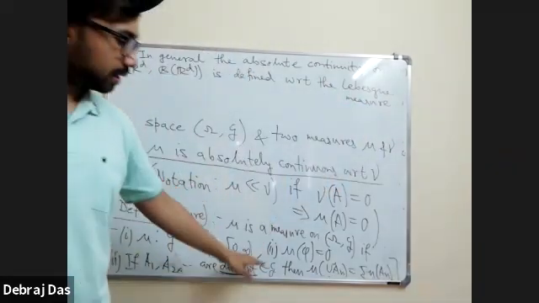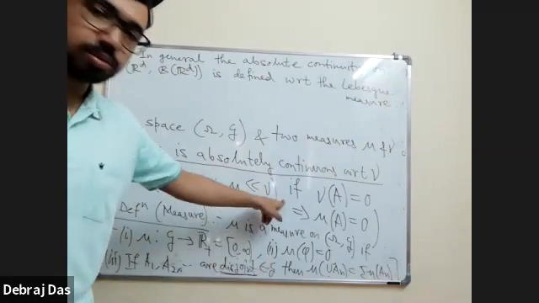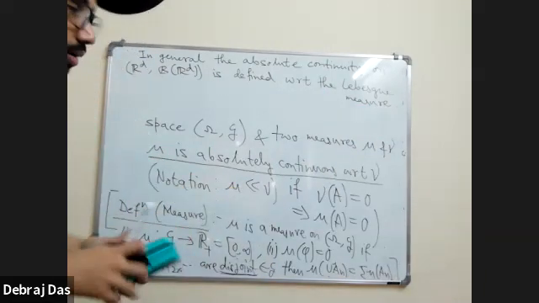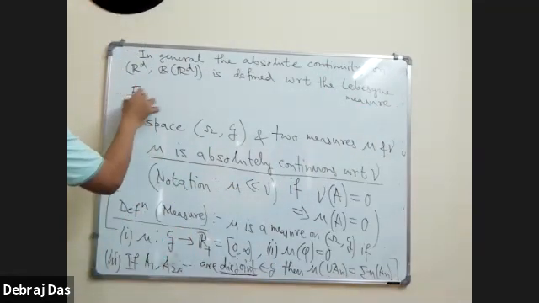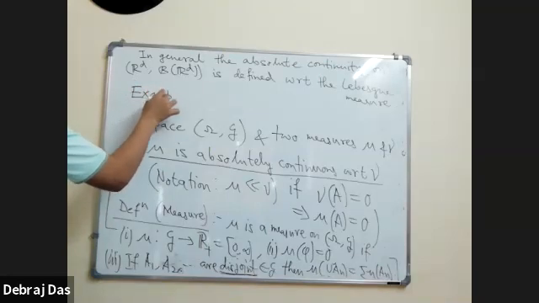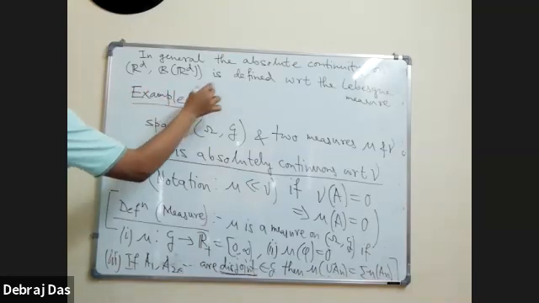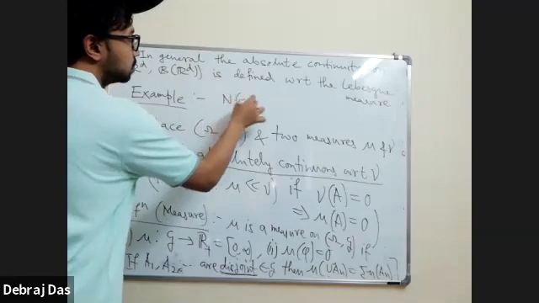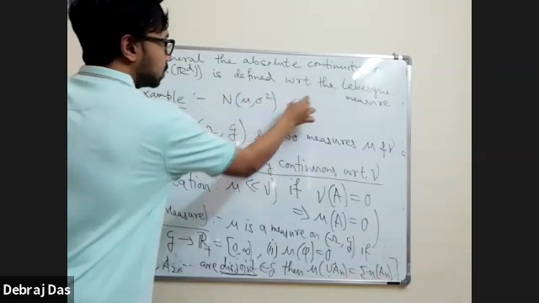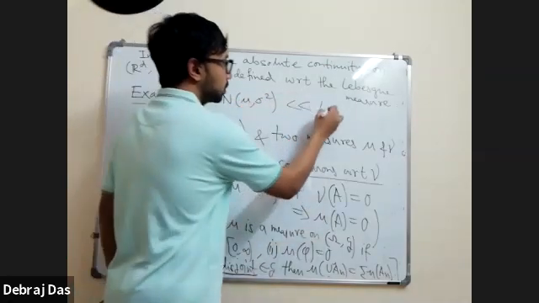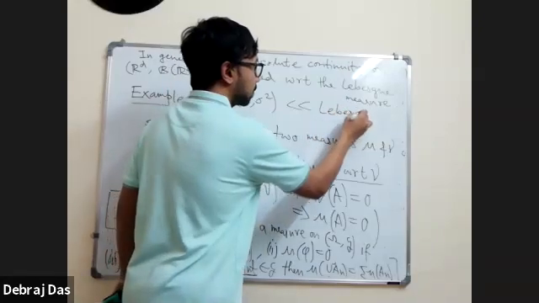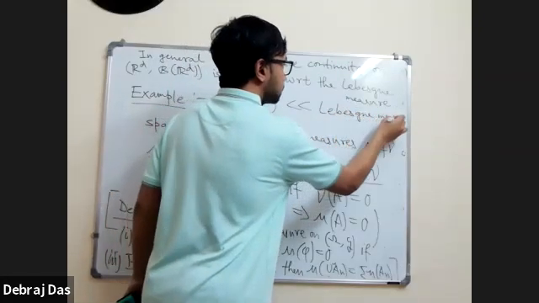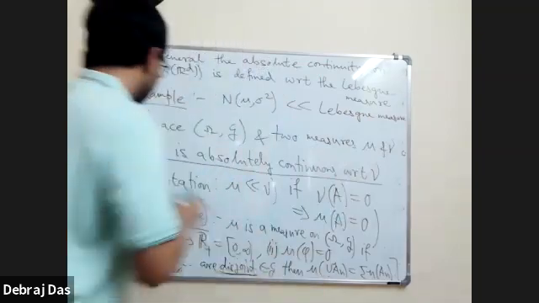So clear, right? The definition of measure, then the definition of absolute continuity. So one quick example is that any normal mu sigma square is absolutely continuous with respect to the Lebesgue measure. And what is the Lebesgue measure? This Lebesgue measure is nothing but